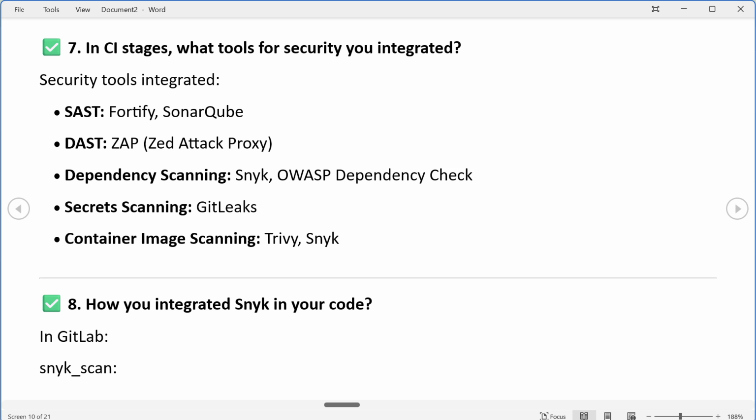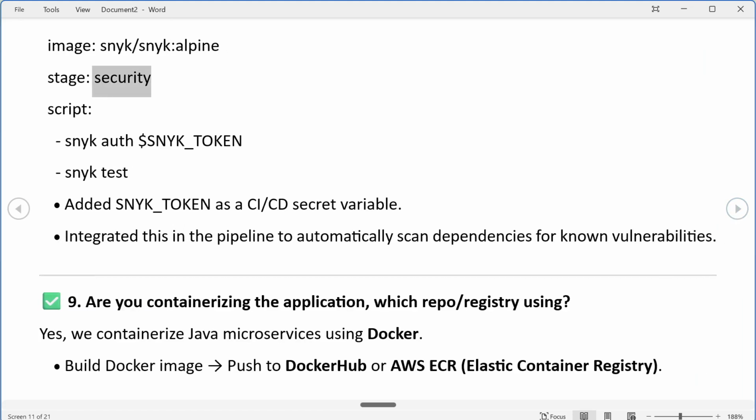If yes, how it will be done? I have integrated Gitleaks, sorry, Snyk into the CI code base, where this will be the job name, and this will be the stage name, and this is the image, like the Snyk image. If you are working with the CLI utility, then you can download the exe file of Snyk also, and you need to create a profile in Snyk, and we need to authenticate, and then that will trigger an authentication access